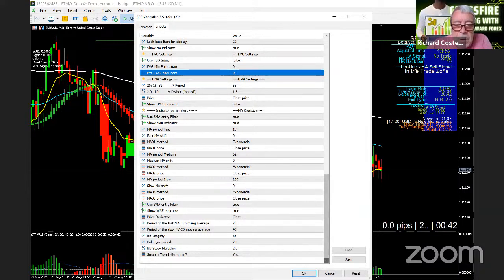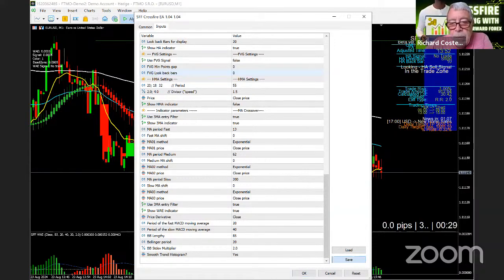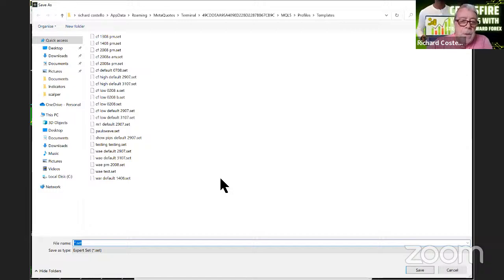And then I think that was all I changed. So if I'm happy with all of those, I'll save that and I'll put a new date on it. So I've changed all my settings. I'm happy with them. I'm gonna now type in there